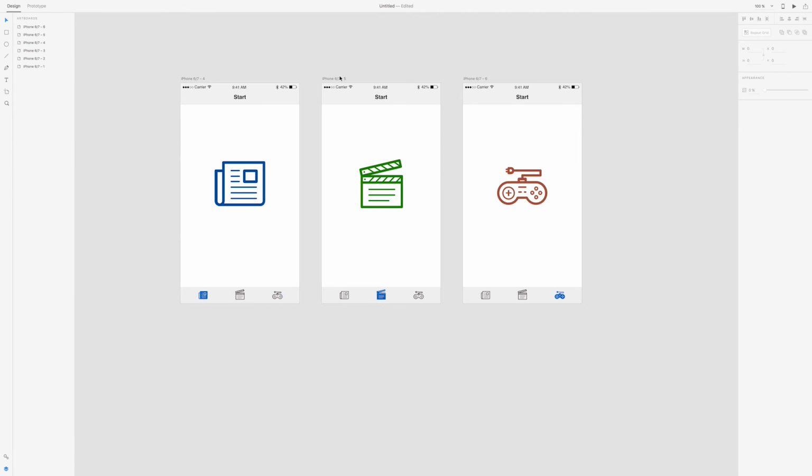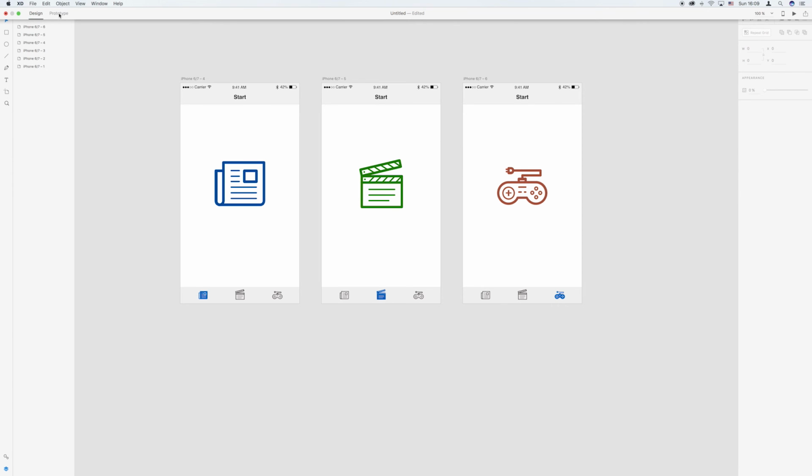Command C to copy, go to the next screen. Command V to paste, and to the next screen, Command V to paste. All right, and now I'm going to show you why I did 3 invisible squares on each page. We'll go into the prototype mode,